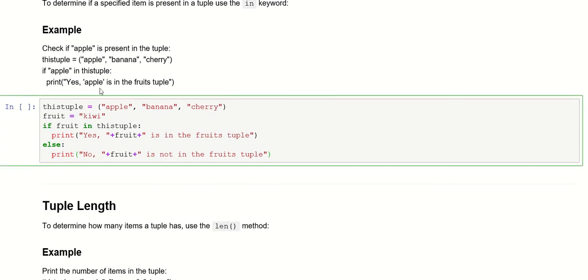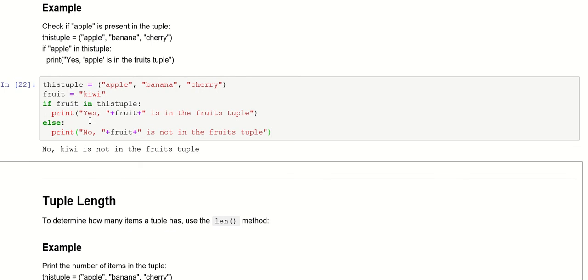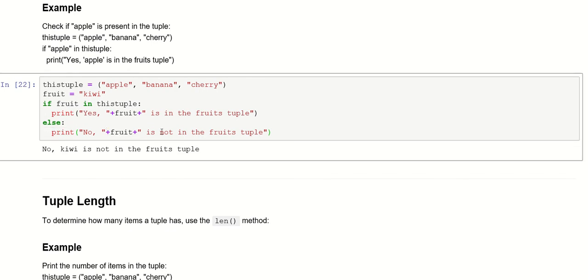Like this one. I've changed it so that if the fruit is in the tuple, we print out the name of the fruit. Otherwise, it's the same, and it will mention that TV is not in the fruit tuple. If I want to change this into a method,